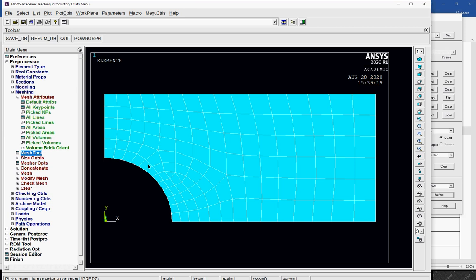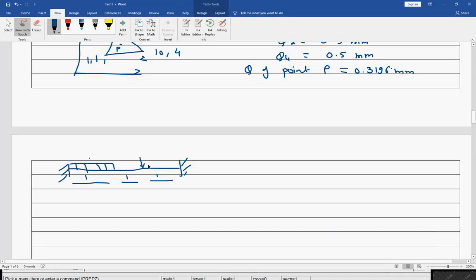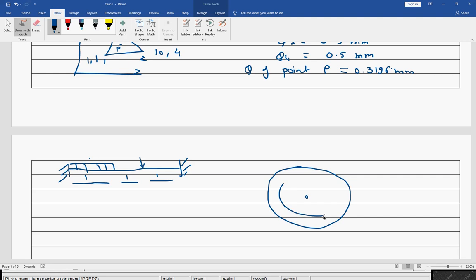If my meshing is dictating that behavior, then of course I could get more correct results with less computation. So what I want to say is, if I have this circle, and I'm going to apply some force, and if I mesh it something like this, so this is how I am going to have a mesh.